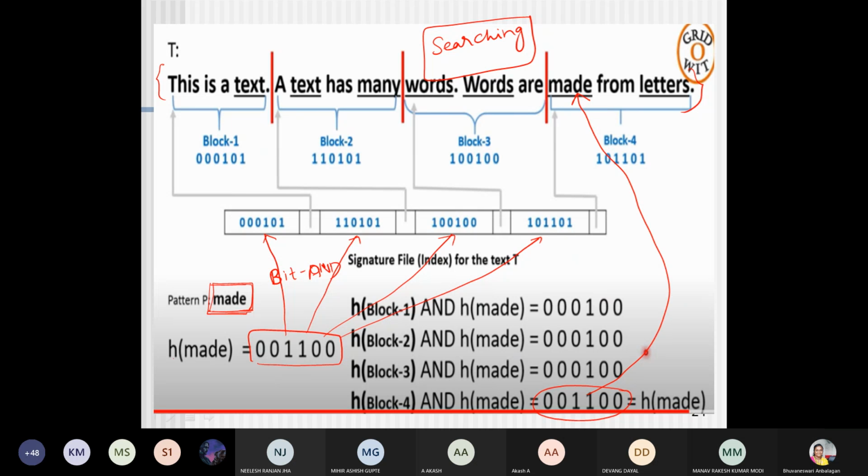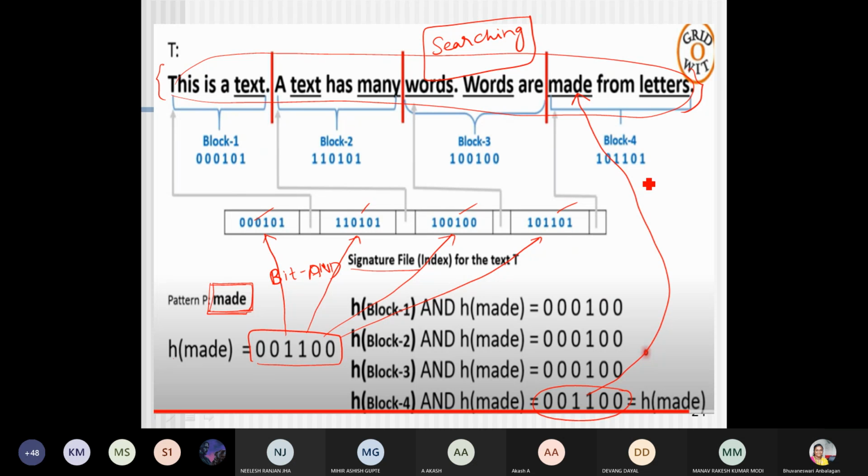This is how a signature file is more efficient in storing the record in a very simplified manner. Instead of storing this entire text, I'm going to store only these 6 bits, which are available in the signature file. The signature file is also an alternate way of creating an index for a text file.